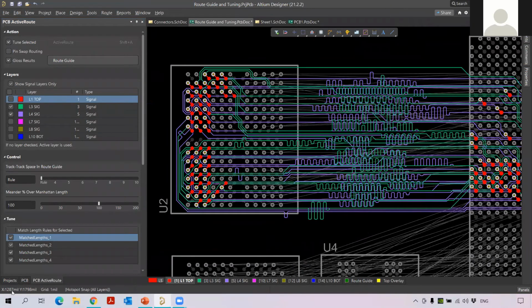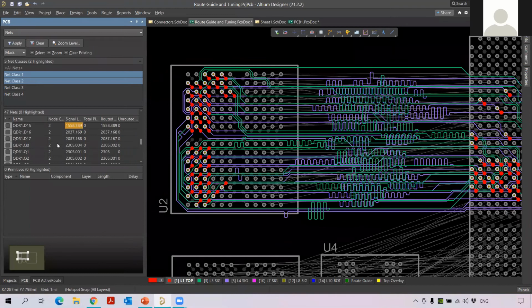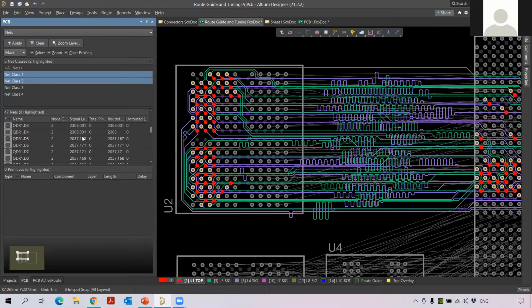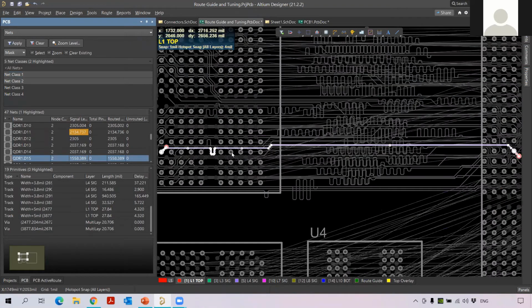Now my step is I need to go to the PCB panel and check for this signal length which has the violation. You see most of the nets don't have the violation. Only a few nets, only 1, 2, 3, 4 nets have the violation. For example, if I click on one of the nets, it will show where I have that violation. So what I need to do is manually do the length tuning for this particular net alone.